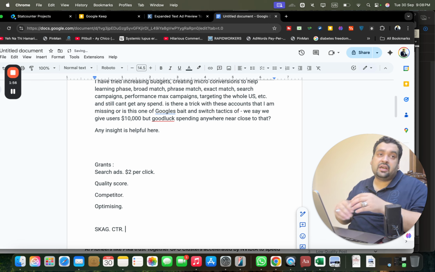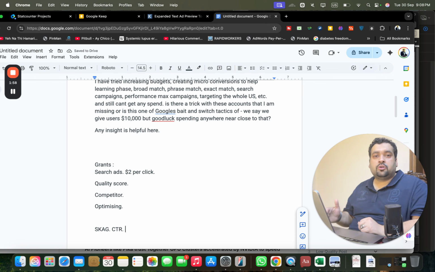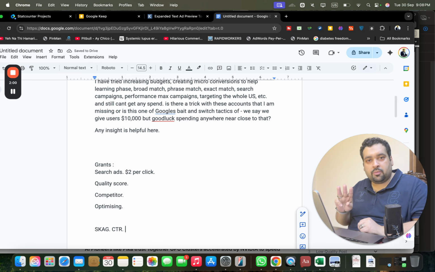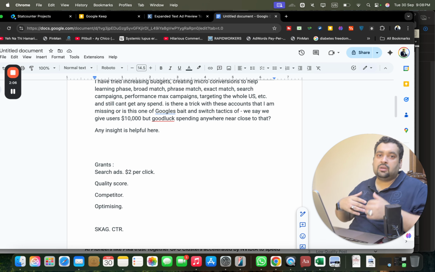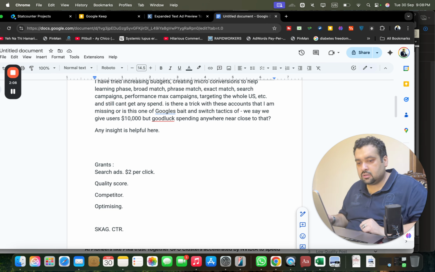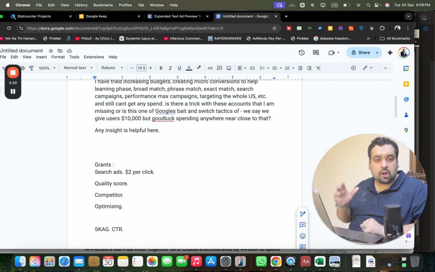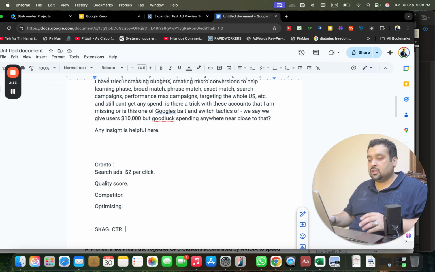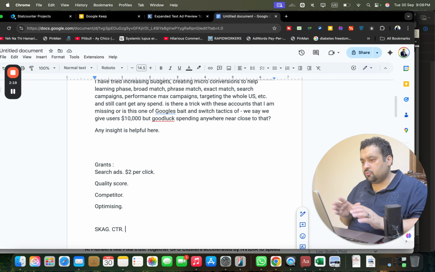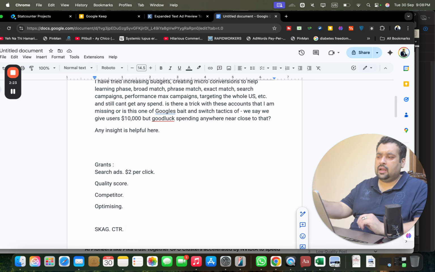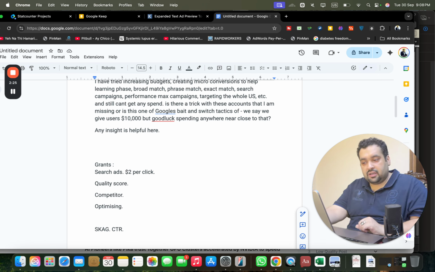The quality score has three main components: landing page, click-through rate, and relevancy. So the more relevant your ad, keyword, and landing pages, the better the quality score you are going to get, along with a higher CTR. So the quality score is divided into three things: landing page, relevancy, and CTR. So focus on it, with the major part depending upon CTR, and then relevancy and